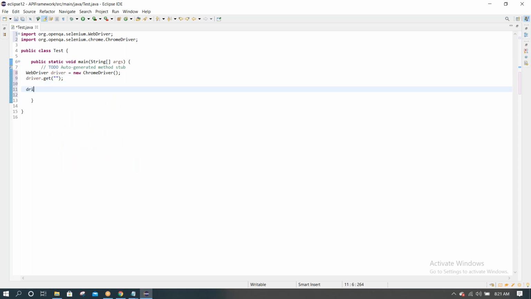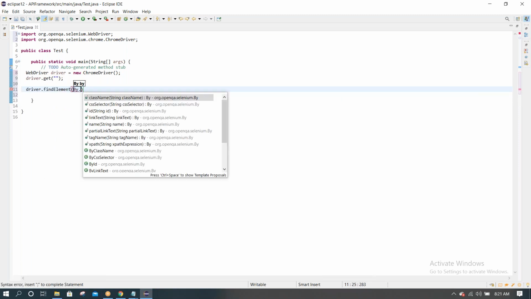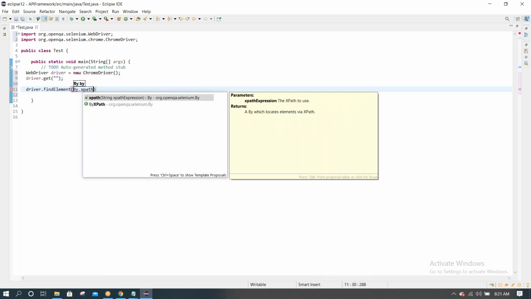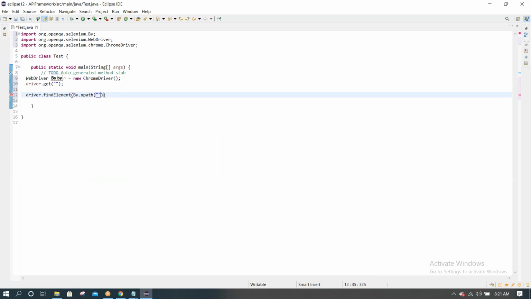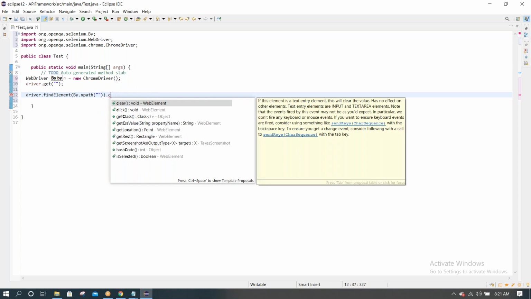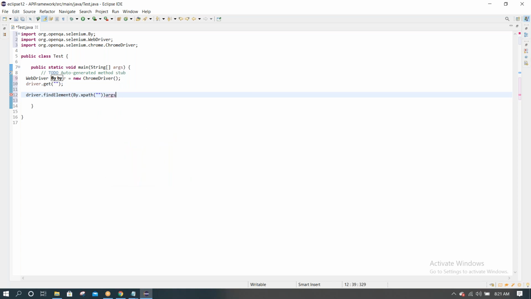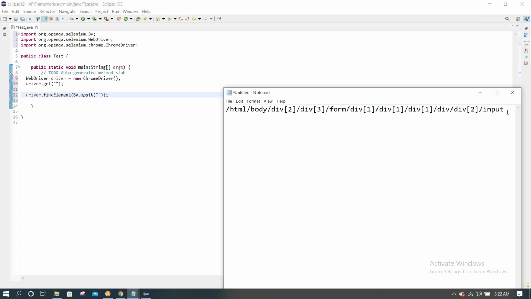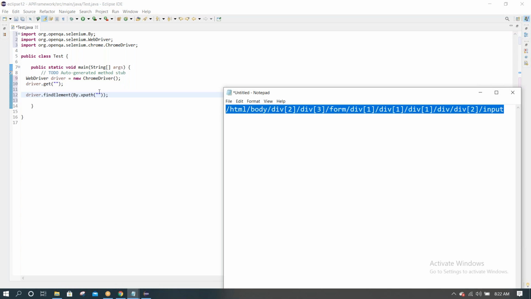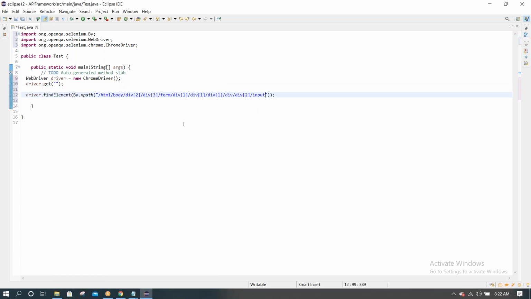We need to click on an element, so we find the element. Let's say an ID is there, then we can simply use the ID or name. If ID and name are not there, then we can use an XPath. Then click or send keys, some action will be performed after identifying the element. So whatever XPath we are copying, we'll paste that here, and the next action will perform the click or send keys or whatever it is.